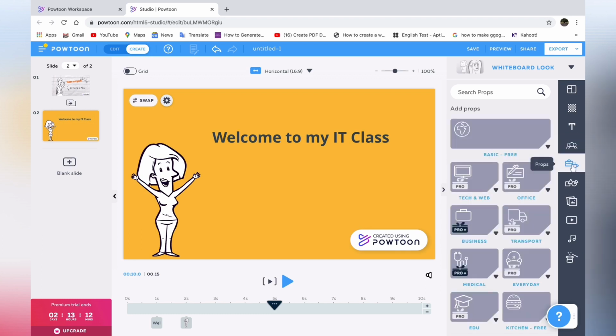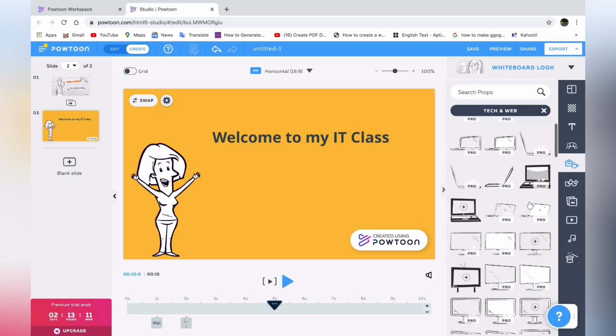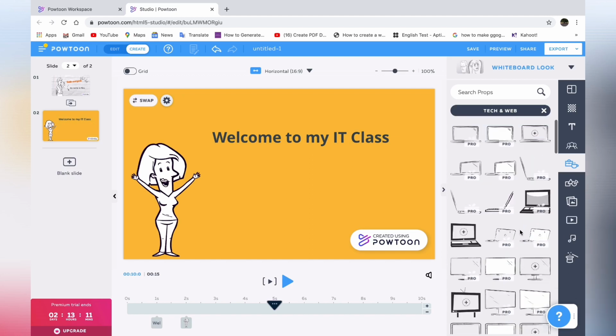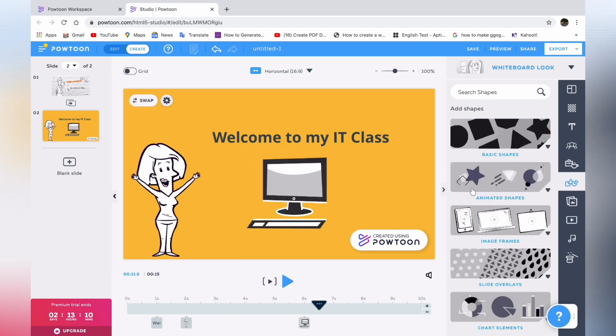Now if I want to add some more props on my slide, I can click on prop option, and from there I can choose any of the objects. Like here I am choosing the laptop. I can change its color and I can also flip its direction.